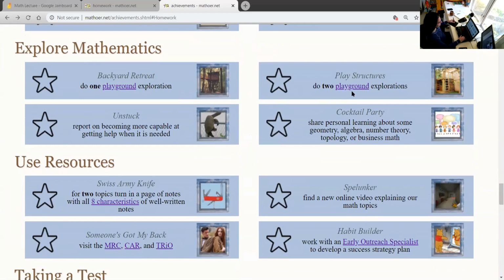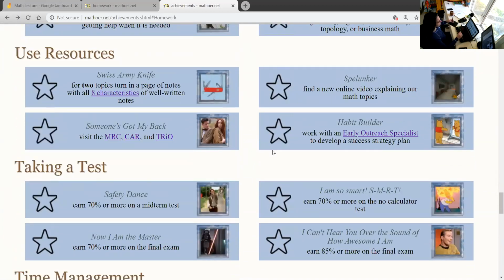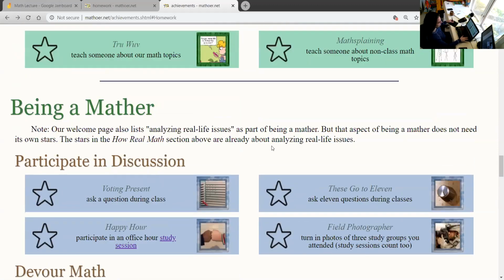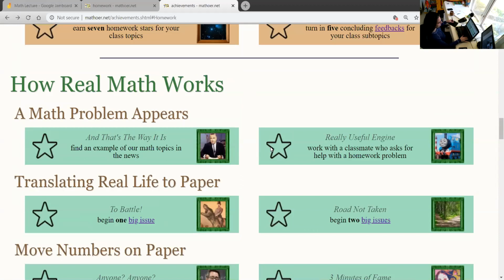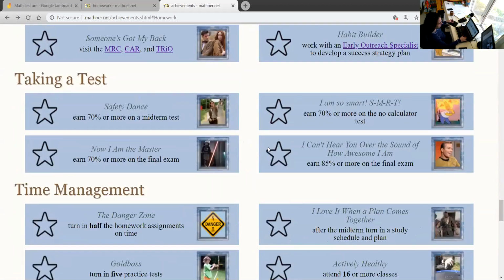Again, 2 of the explorations about other kinds of math topics, things like that. Someone asked me, do you need to write things out neatly when you turn in your homework? And the answer is no. What you do need to do is, where is